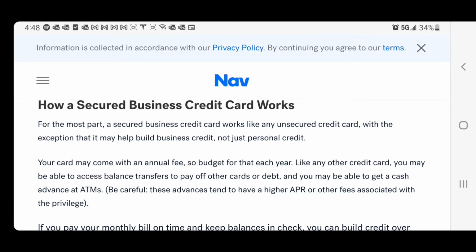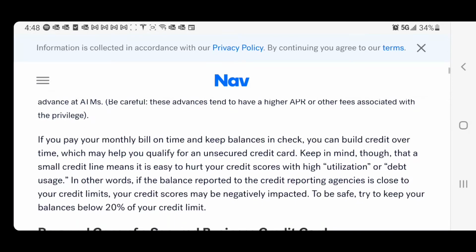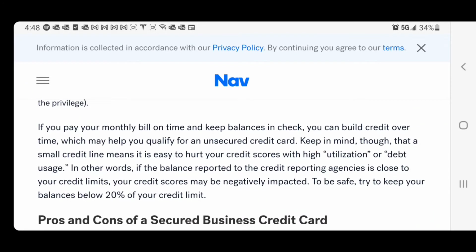For the most part, a secured business credit card works like any unsecured credit card, with the exception that it may help business credit, not just personal credit. Exactly. This business credit card builds up your business credit, not your personal credit. It really works around building up your business credit report. Look at this: if you pay your monthly bill on time and keep balances in check, you can build credit over time, which may help you qualify for an unsecured credit card. That's the goal, people. Keep in mind, though, that a small credit line means it is easy to hurt your credit scores with high utilization, meaning only spend